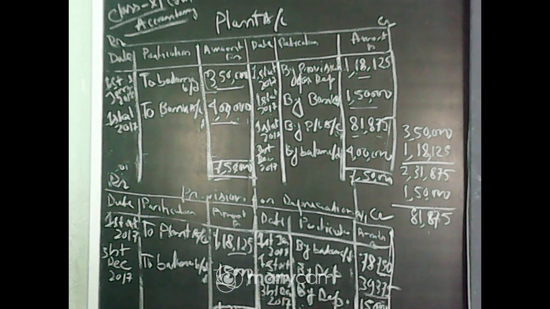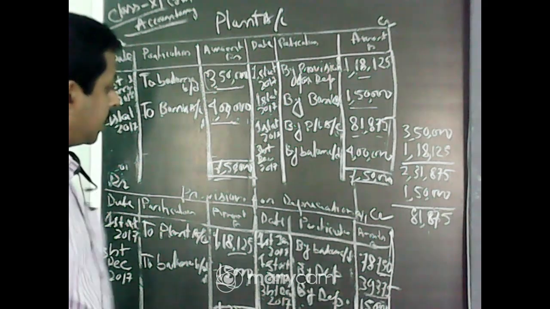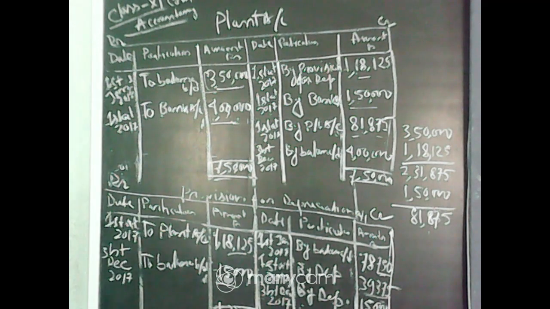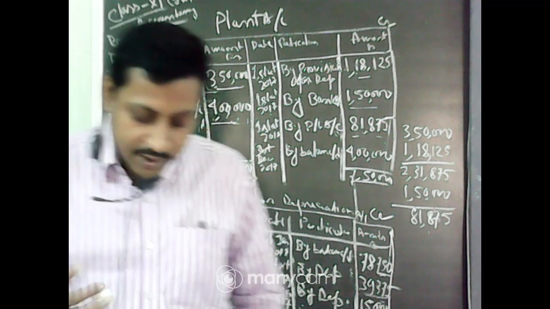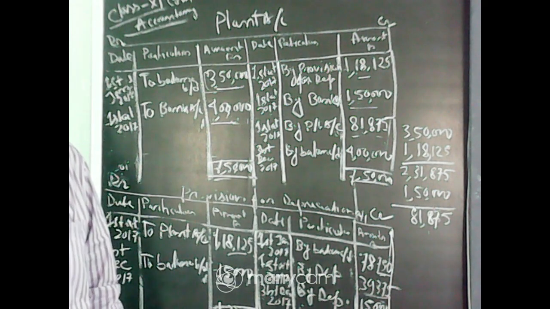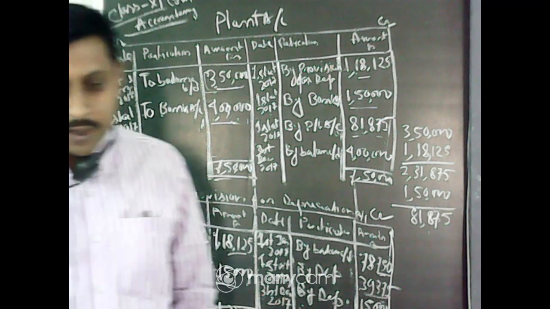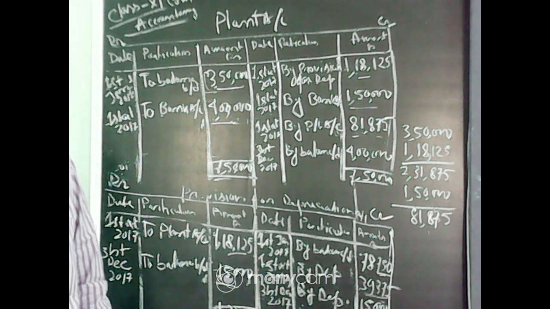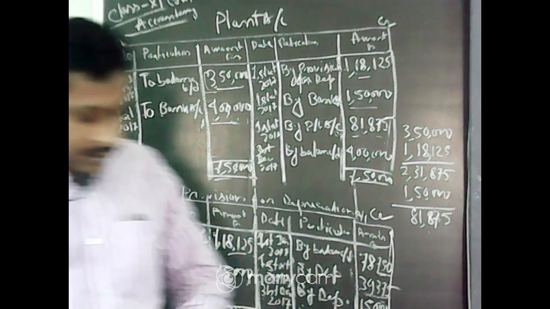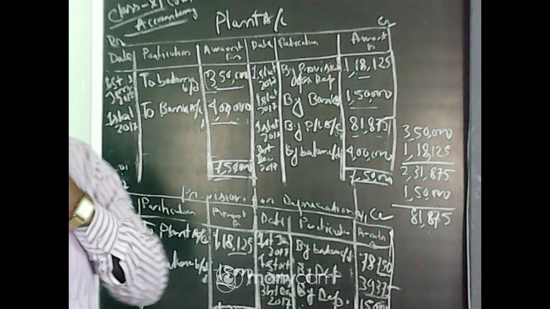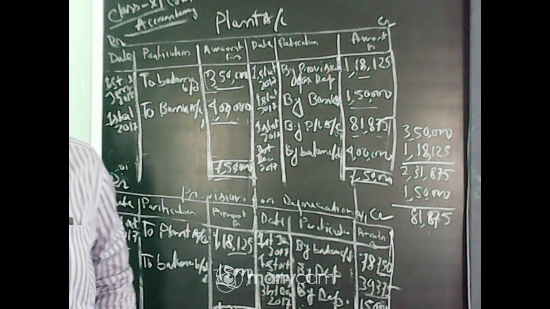Okay. Now how the loss comes, that you have also got. So the date is very important in calculating depreciation. So always be very careful about the date when you are doing the depreciation account: which date the machine was purchased, which date it was sold, and on that basis we have to charge the depreciation. Okay. Now if there is any problem, then I will discuss it with you.